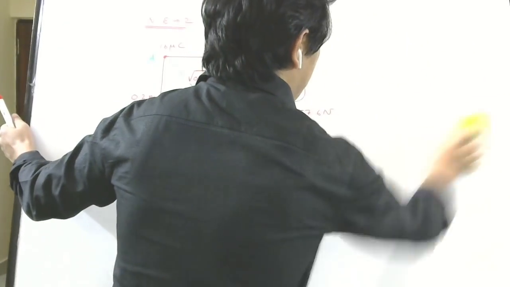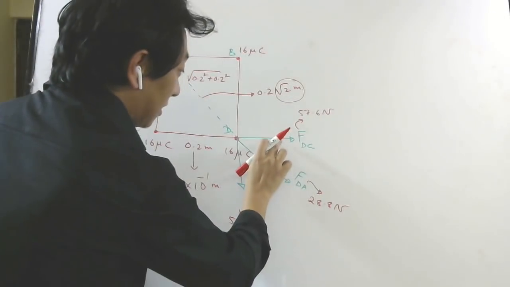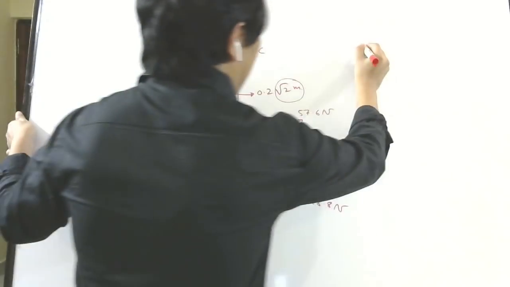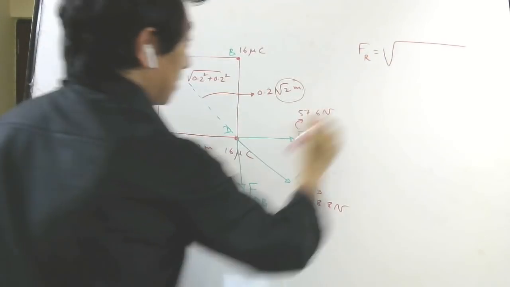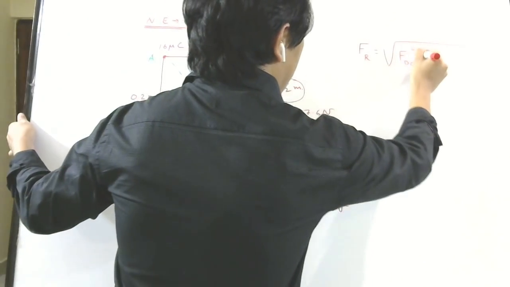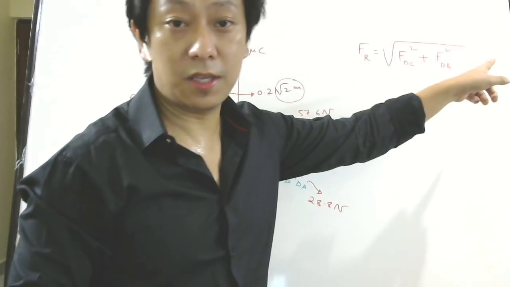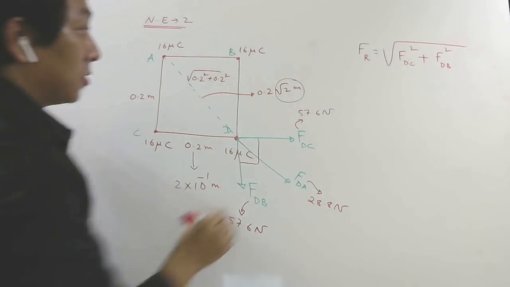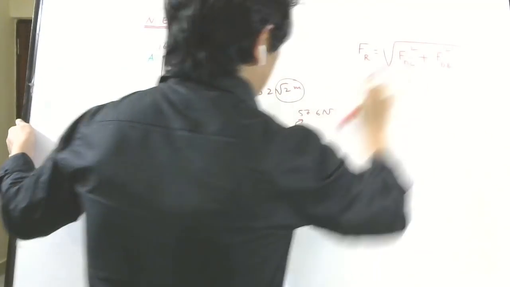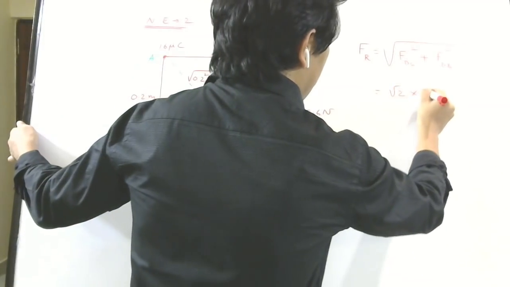So once we have found the three forces, now what will we do? Now we have to add the three forces. The best way is to add this and this first. So if I add those two, the resultant will be root of FDC square plus FDB square. No need to write plus 2AB cos theta, because the angle between this and this is 90 degrees, right? See, yes or no? So that is not needed. Now this is 57.6, this is also 57.6. So this will be root 2 into